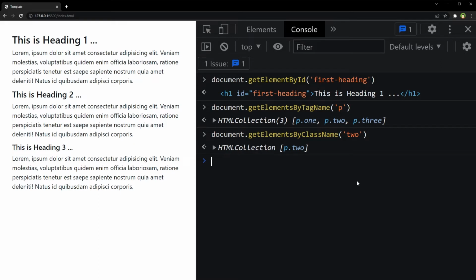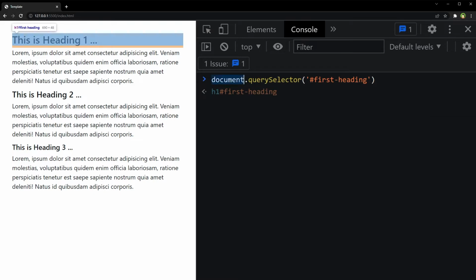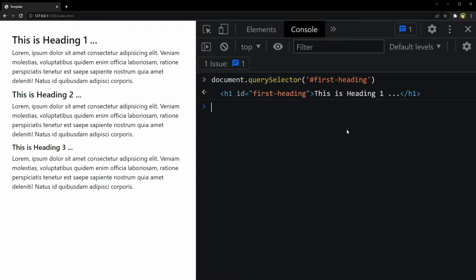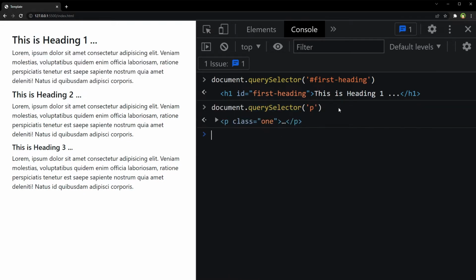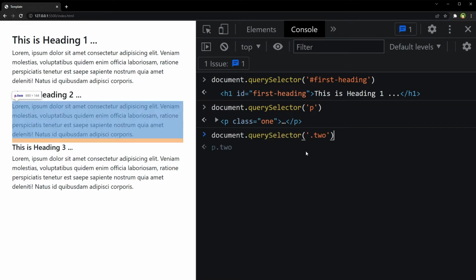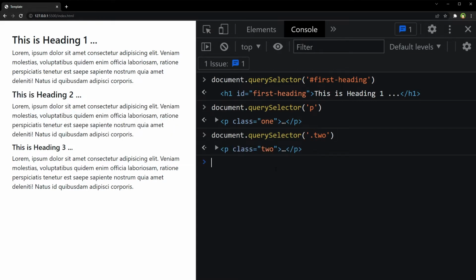But I prefer document.querySelector, which gives me access to HTML tag, ID, and class by only mentioning querySelector: document.querySelector with the ID, then document.querySelector with the paragraph or tag name, then document.querySelector with the class name. So querySelector is fine by me. I like querySelector.